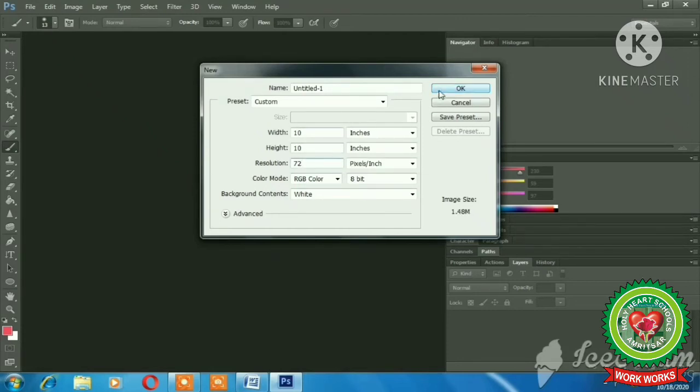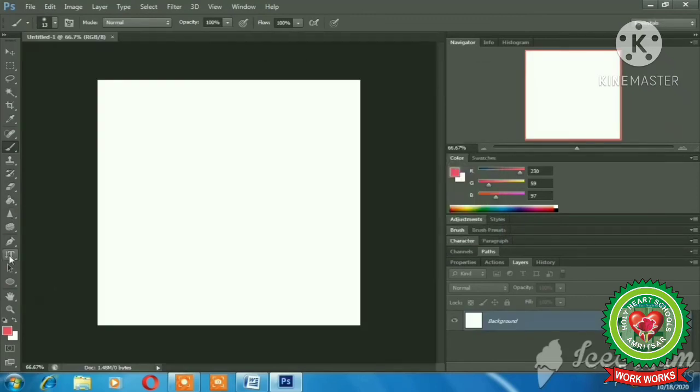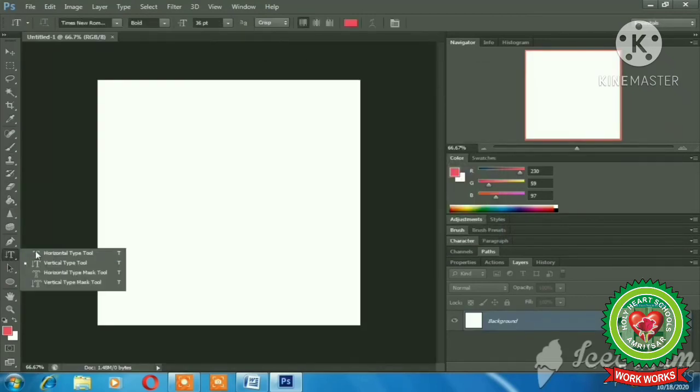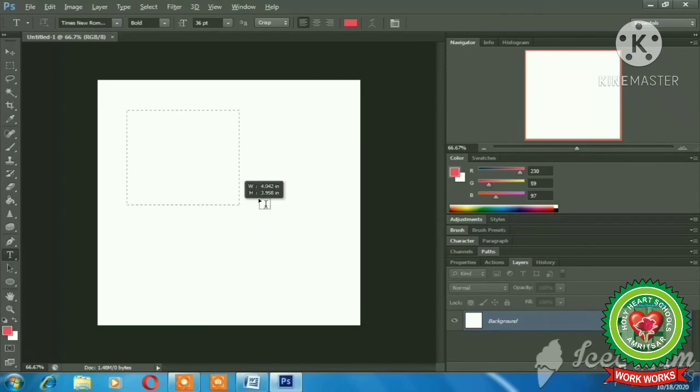And click on OK. Now here we have the type tool. We have to click on the horizontal type or vertical type. After that, to create a bounding box, we will press the Alt key and we will make our bounding box, means to enter the paragraph.